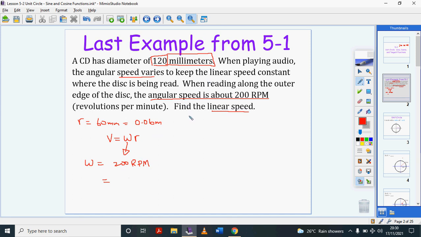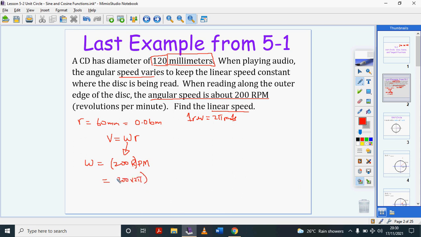I hope you remember that one revolution has 2 pi radians, right? This is a very important conversion factor. One revolution is 2 pi radians, or one rotation is 2 pi radians, or one cycle around a circle is 2 pi radians. So since one rotation is 2 pi radians, then 200 rotations is going to be 200 times